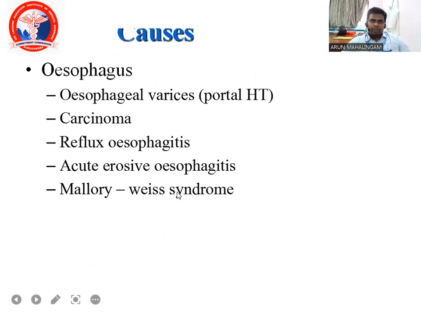First, we'll be taking the causes in the esophagus. Esophageal varices, due to portal hypertension, will be the main cause of upper GI bleeding, along with carcinoma of the esophagus, reflux esophagitis, acute erosive esophagitis, or a Mallory-Weiss tear. Rapid triage of hemorrhage in the patient while localizing the areas of blood loss is essential for resuscitation and prompt interpretation of whether an IV is needed, and the patient should be within